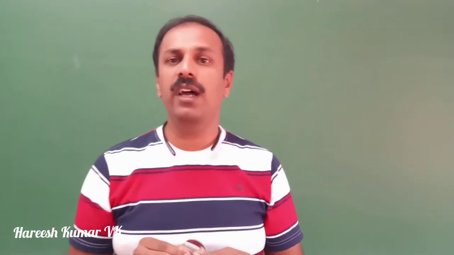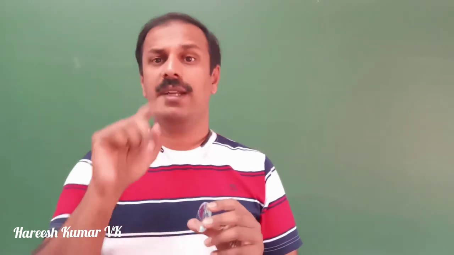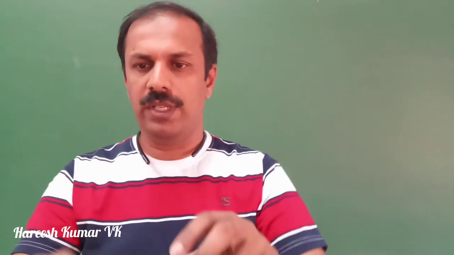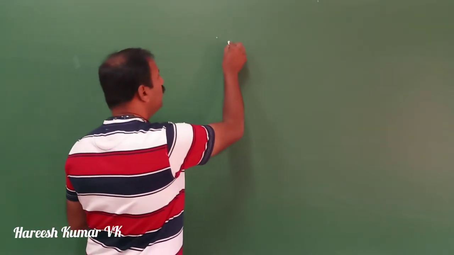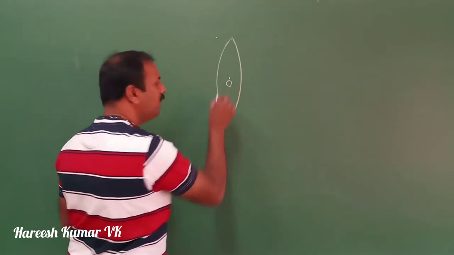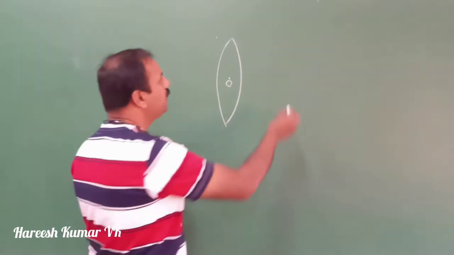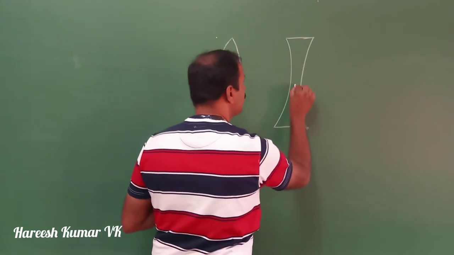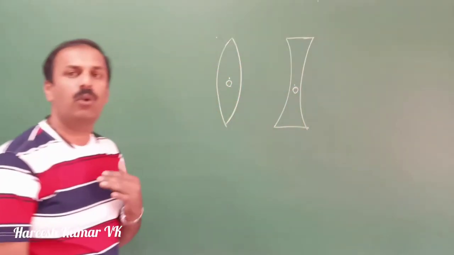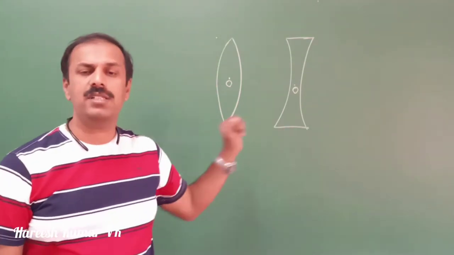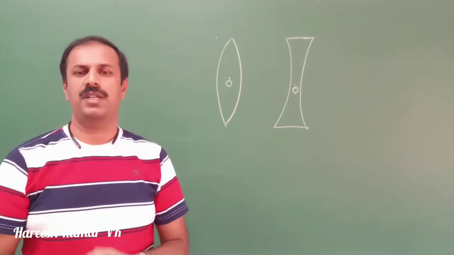Here instead of that we have the optical center. There we mark it as P, here it is O, the optical center. That is the center point of this lens, that is called the optical center. So if you take a convex lens like this, the center point is called O, the optical center. In the case of a concave lens, similar to this one, it will be like this. So this point is called the optical center O. So in the case of a mirror we have the pole and in the case of a lens we have the optical center. So that's the first difference.